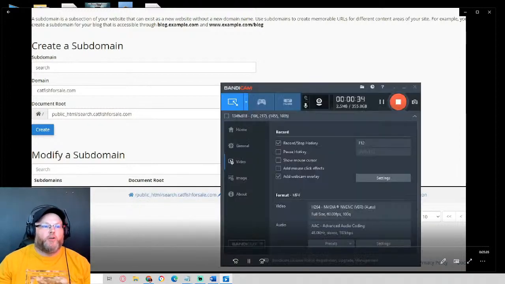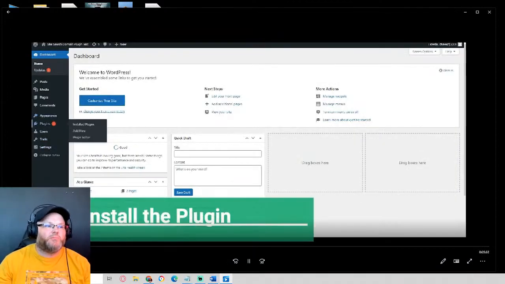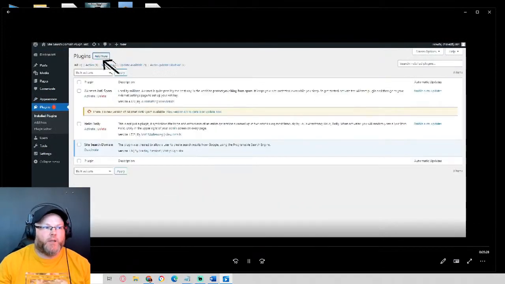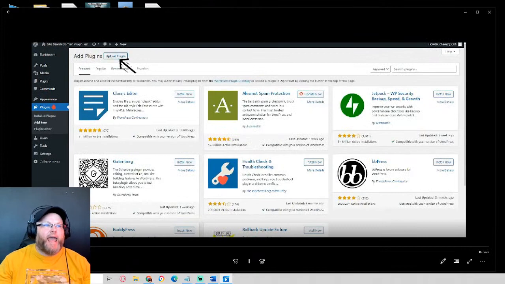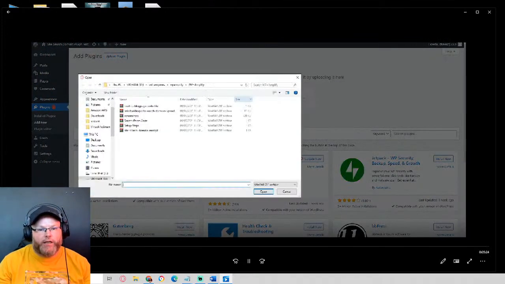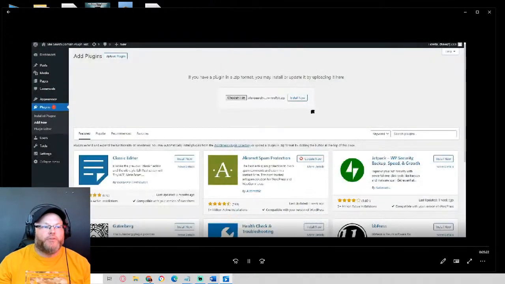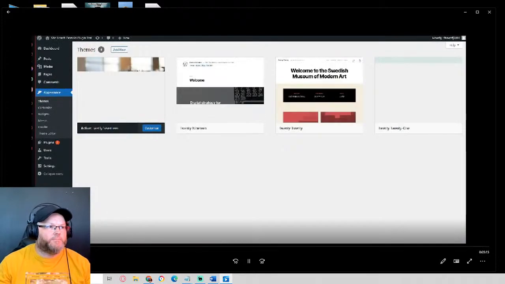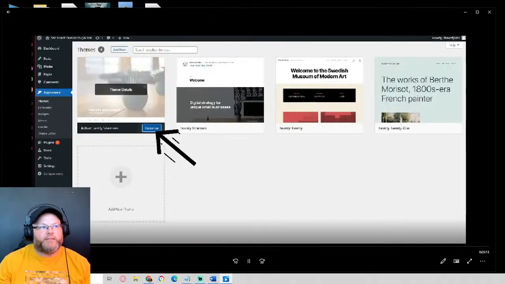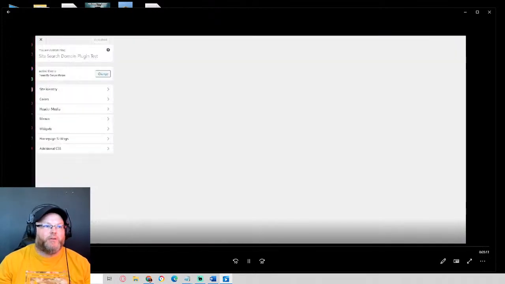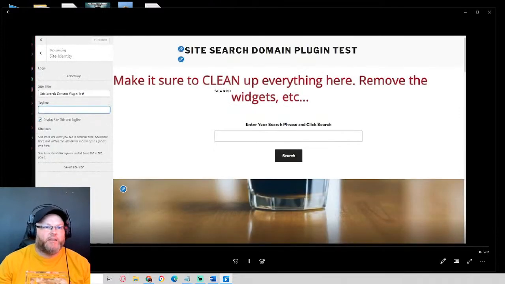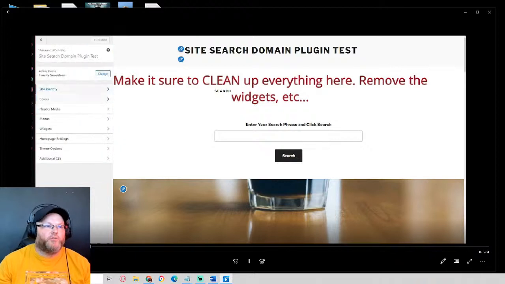Once we get that set up, we install WordPress. We upload our WordPress files there. And once we've got WordPress up and running, we install the plugin. We just simply hit Add New, Upload Plugin, and then upload the site search plugin that Bradley created. Select a theme, just really a basic theme. You don't need anything crazy, because the whole reason for this tool is to create searches based on Google's search